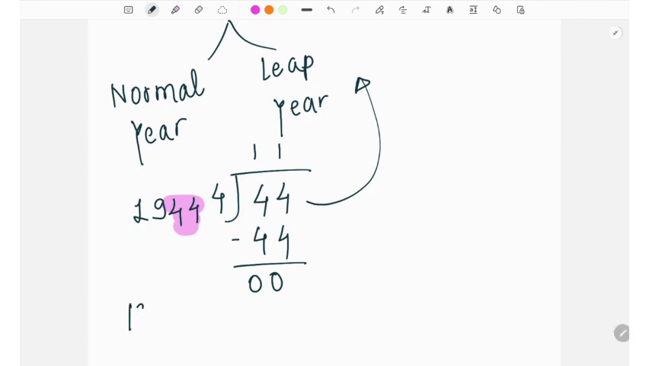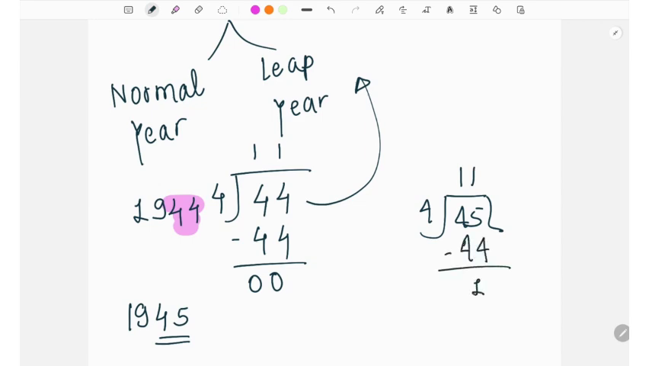Simple. For example, 1945. The last two digits are 45. Is 45 divisible by 4 completely? No, we actually get a remainder. 11 4s are 44. We will get remainder equal to 1. Is this completely divisible by 4? No. Hence 1945 is a normal year, whereas